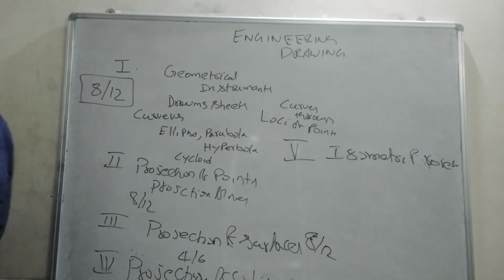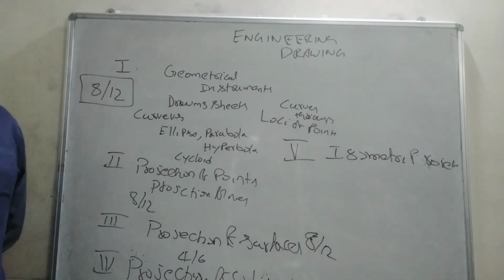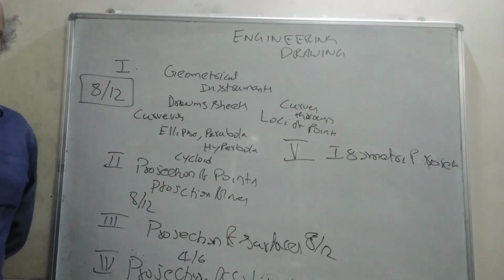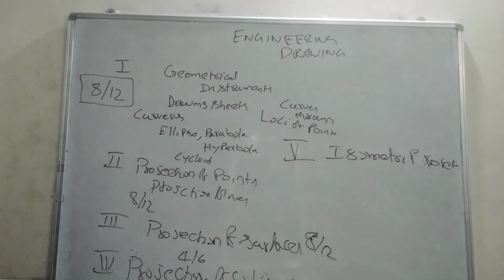That means any three-dimensional solid can be fit in a rectangular cube, that is a rectangular body, rectangular block. So this block is placed in such a way that